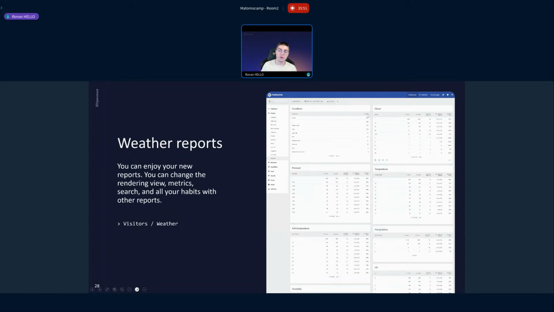So creating a plugin allows you to have several dimensions right in the same page, which is very cool. Here in Weather, we can grab conditions, cloud, pressure, temperature, felt temperature, precipitation, UV, humidity. And if you scroll down, we have wind speed, wind direction, etc.